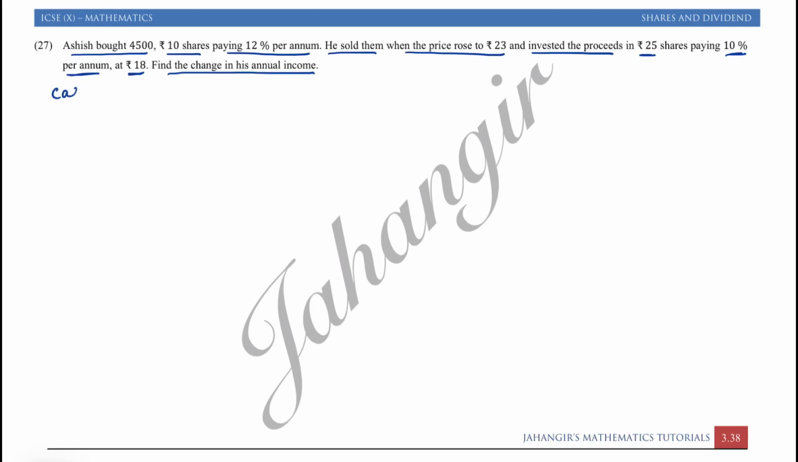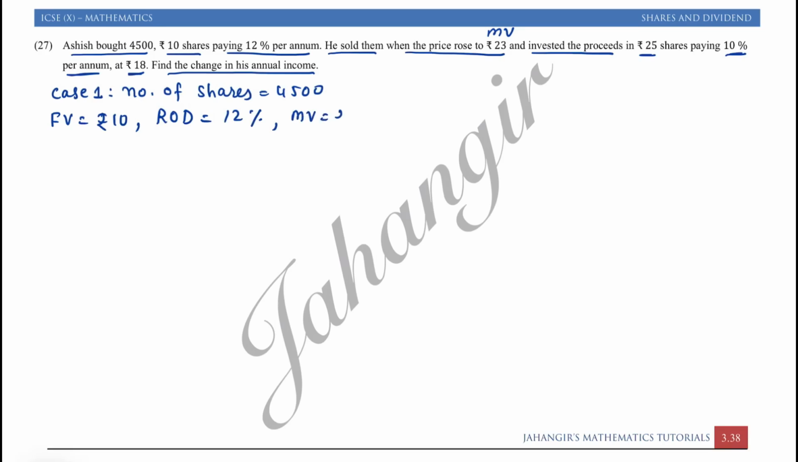So again, first case, I will write case 1. First, the number of shares. The number of shares is 4,500 rupees 10 shares, so face value is rupees 10. The company is giving 12% per annum, so ROD, whatever percentage the company is giving, the rate of dividend is 12%. He sold them when the market value was rupees 23, so MV is rupees 23. We know the number of shares, so first we will find income, because we want the change in income. So first case's income